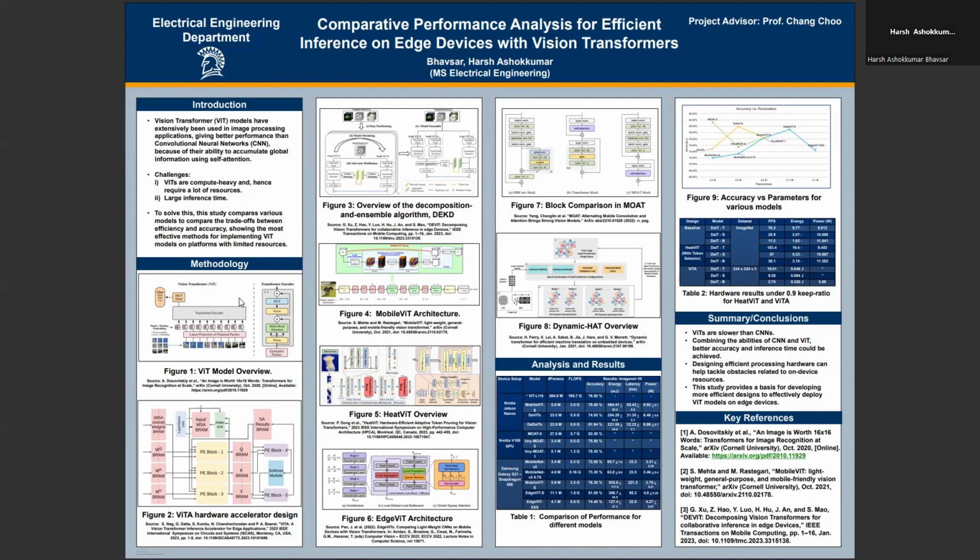This methodology discusses 7 different models as shown over here, out of which to accelerate or speed up the hardware, the ViTA model and HeatViT model are there, where in the ViTA model, there is a suggestion of making use of 2 MAC units in order to pipeline the execution, pipeline the computation. And in the HeatViT model, token pruning is suggested in order to process the informative and non-informative patches and effectively